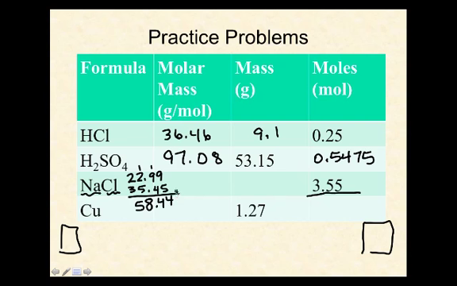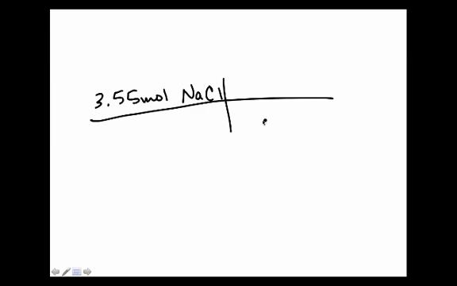58.44 is the molar mass of sodium chloride. Now we use the molar mass to figure out how many grams of sodium chloride are in 3.55 moles. Great, so let's use a T-table. We had 3.55 moles of sodium chloride. And for every 1 mole, we had how much? 58.44